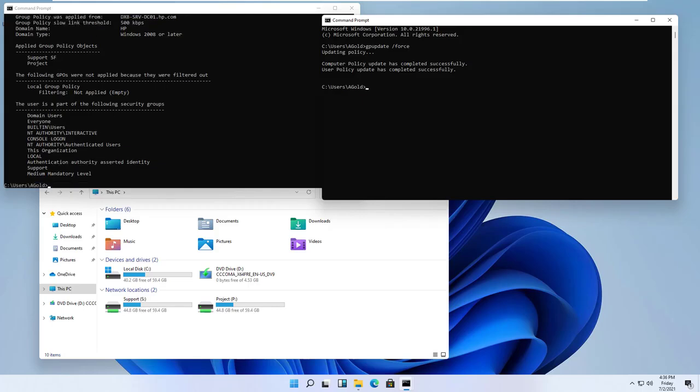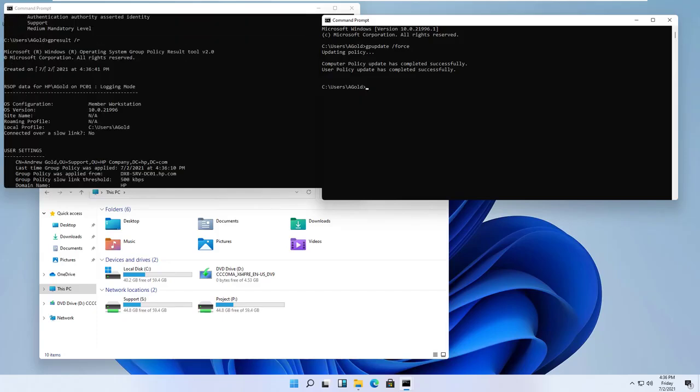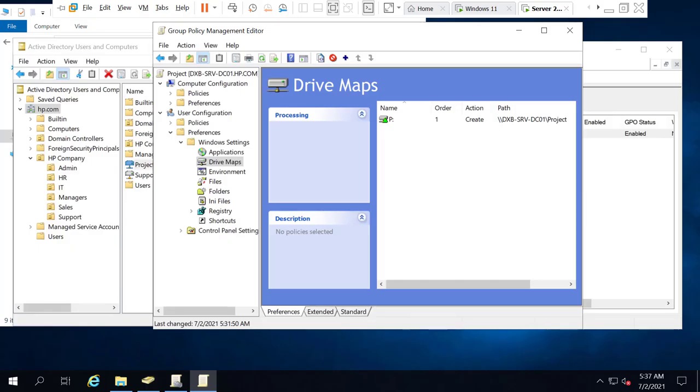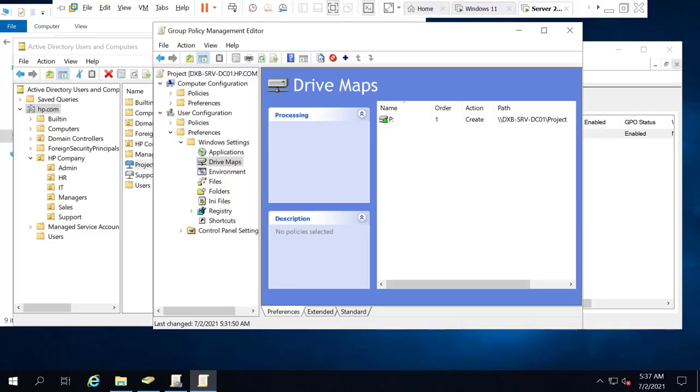Which is really good. So this is also a good way to check yung ginawa natin if na-apply na ba. Na-apply na. And if not, we do the GP update force. Some pwede na ang GP update force, but some it really needs to log out, sign out, and then sign back in. So that's how it works for that matter. So not much of that. At least hindi naman ganun kahirap.